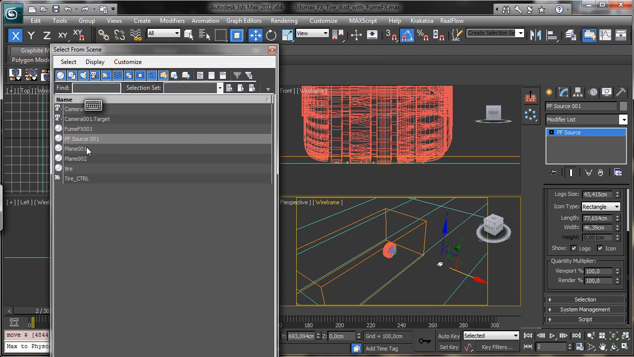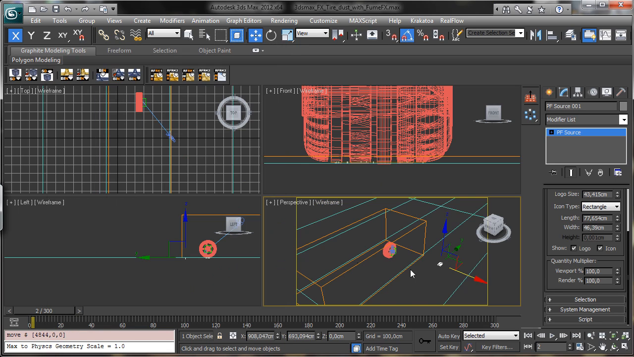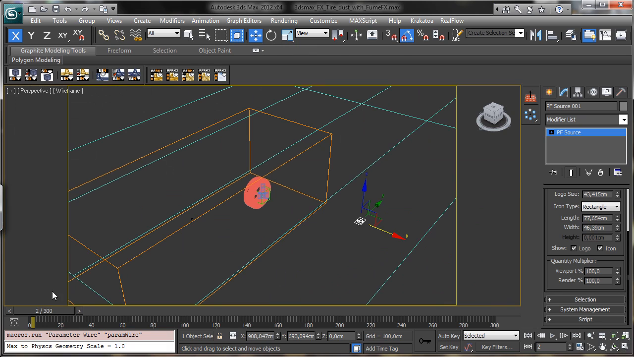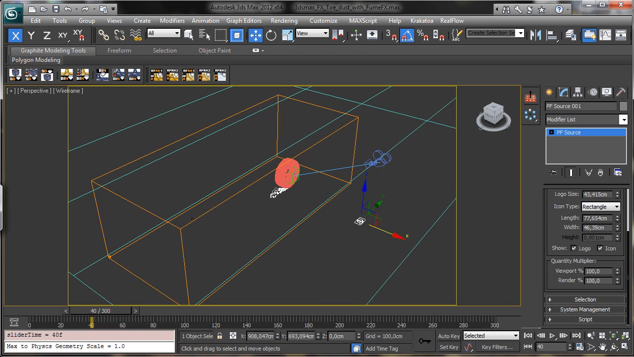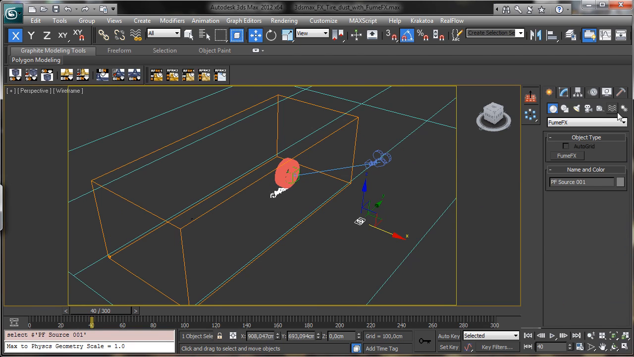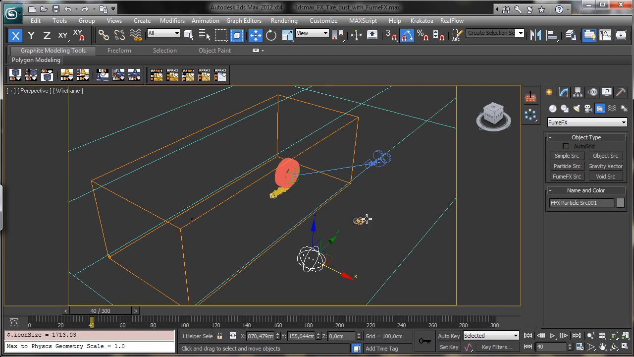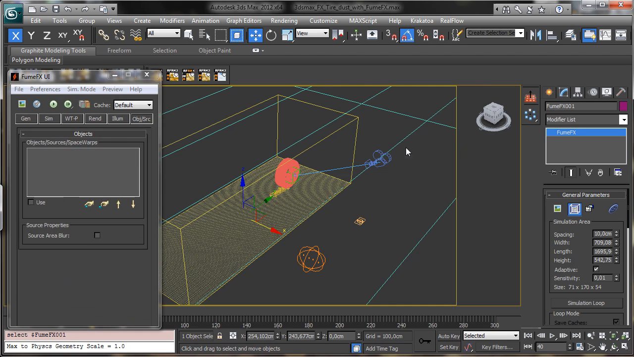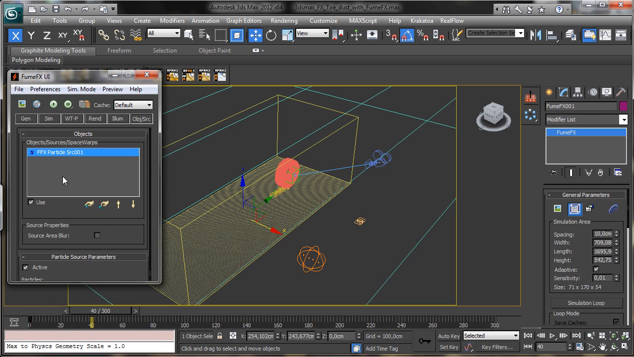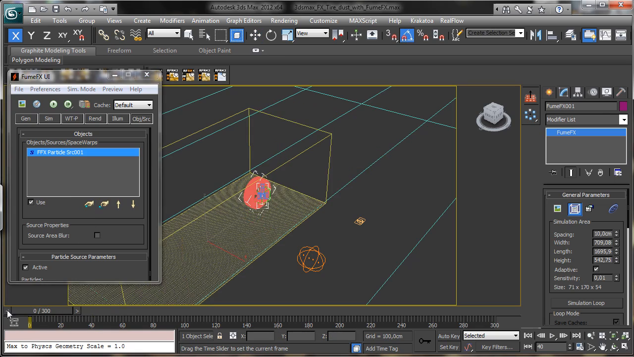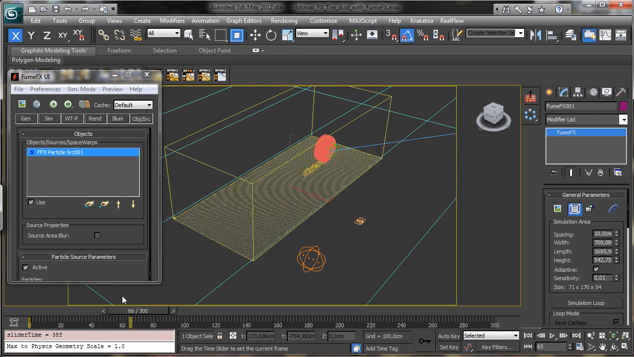Sorry, I can see more. I think I deleted. I made a mistake. I think I deleted the particle source. So let's create again this one. Okay, so back there and pick the particle source, and then we need also to have for the moment this one. Okay,